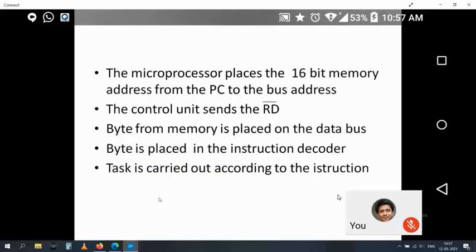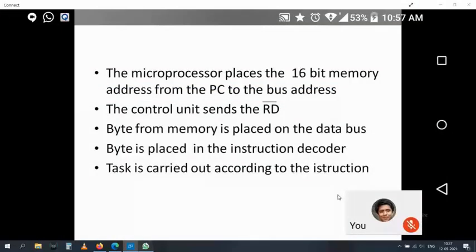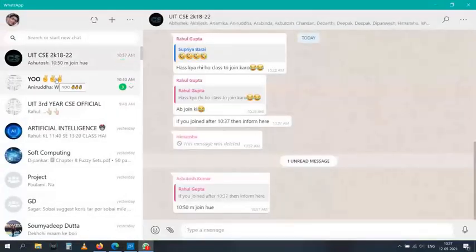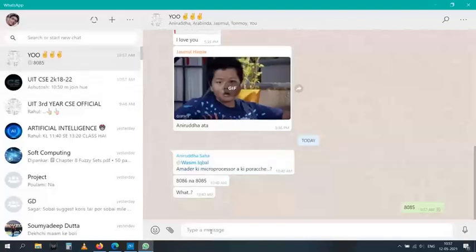First it will identify which memory, then it will read the contents of the memory. It is similar to your getting a courier. They will see the address, they will come, they will give it to you, you will then do whatever you want with it. It is a similar type of process flow. First it will go to that memory, read the content, then put that memory content into the data bus. Now that memory content has to come to the instruction decoder. The instruction decoder will say, okay, this is the instruction and the task will be carried out. So this again I have